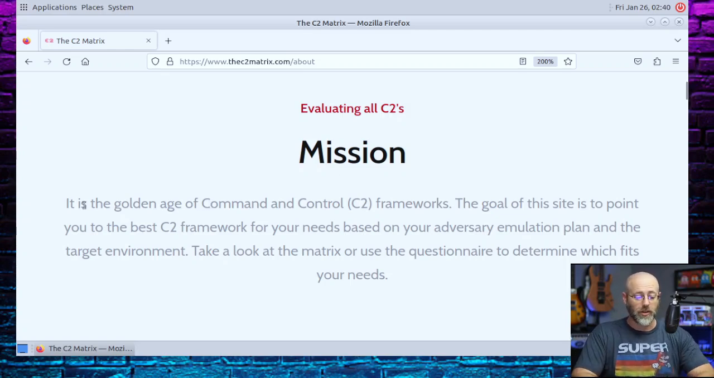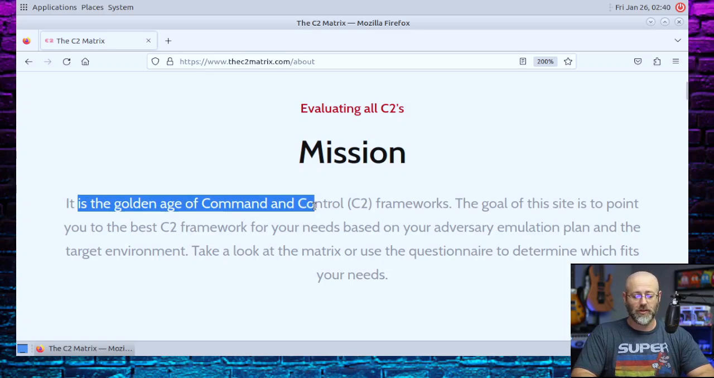So when it comes to C2s, it says it is the golden age of C2 frameworks, command and control. The goal of this site is to point you to the best C2 framework for your needs, based on your adversary emulation plan and the target environment you're going to be working in. So take a look at the matrix or use the questionnaire to determine which one fits your needs,